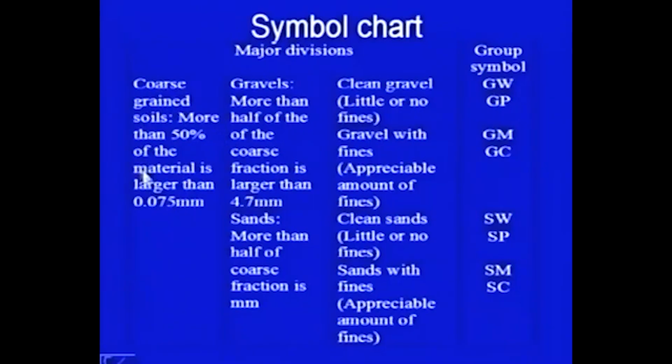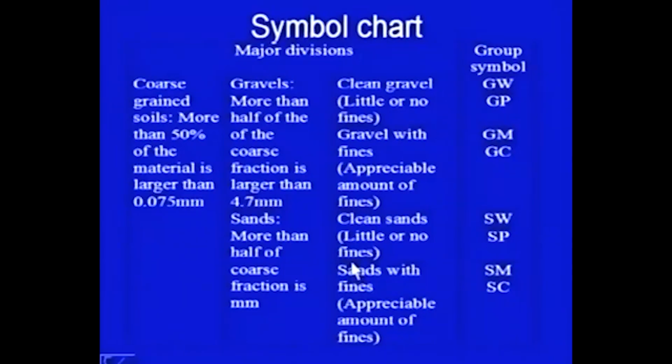Under coarse grained soils there can be gravels: clean gravel, GW, well graded gravel, then GP, poorly graded gravel, gravel with fines, GM, which means gravel with non-plastic fines, GC, gravel with plastic fines. In the same way, sands: well graded sand, poorly graded sand, sand with non-plastic fines, sand with plastic fines,